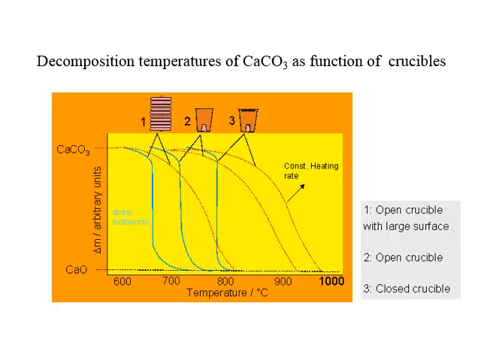And now here's an example of the decomposition temperatures of calcium carbonate as a function of the actual crucibles that you may or may not select. So in plot number 1, you have an open crucible with a very large surface. So the crucible is wide open, you're exposing a large amount of the sample to the heat and the atmosphere of the TGA instrument, and the reaction temperature is actually at a lower temperature. As you go to a smaller yet open crucible, you'll raise the reaction temperature, and then in the third